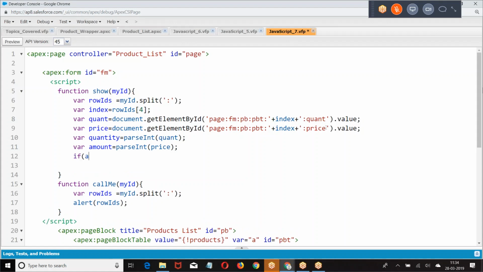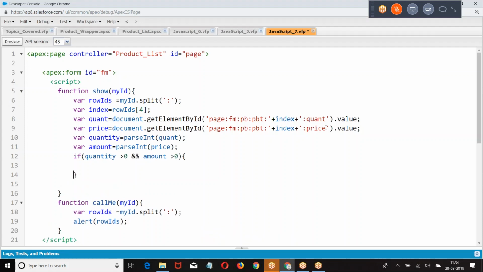If quantity greater than 0 and amount greater than 0, if both of them are above 0, then say document dot getElementById, page form page block table, index.